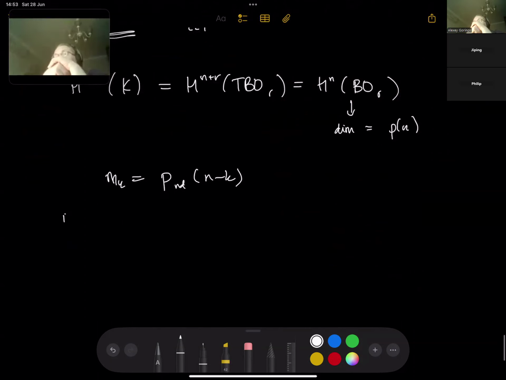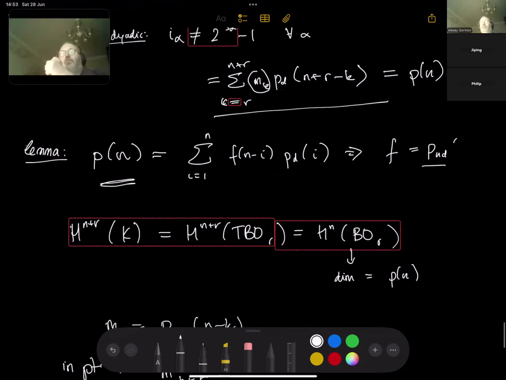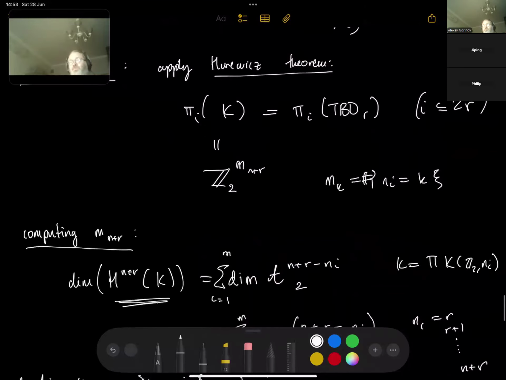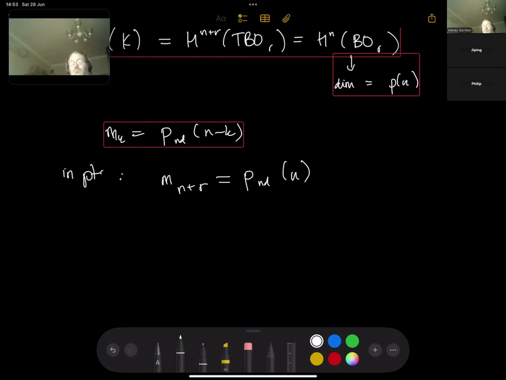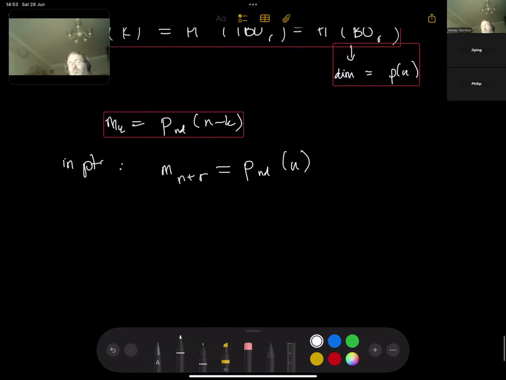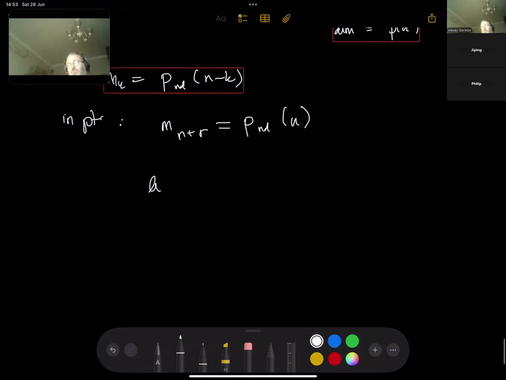So in particular, M_{n+r} is just the non-dyadic partitions of n. And so indeed, it doesn't depend on r at all. So when we take the direct limit of these groups to get the